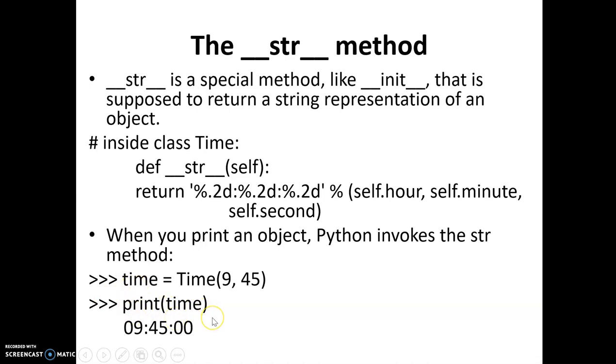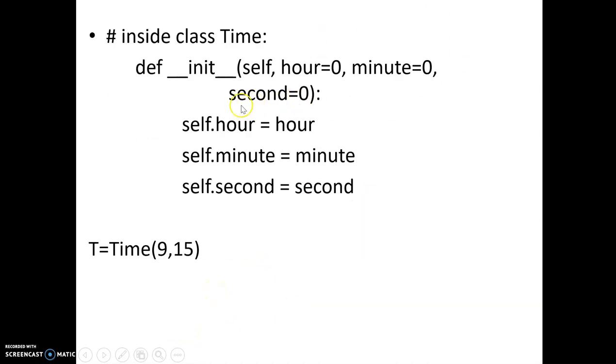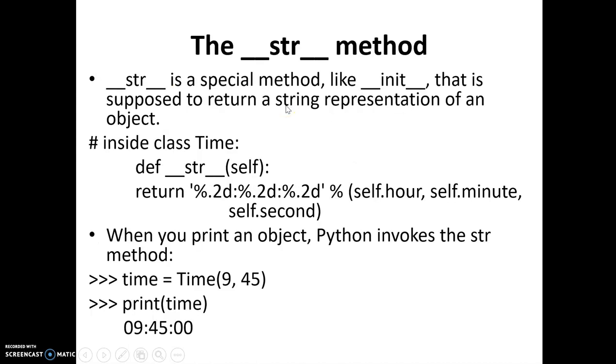So when this statement is executed, the str method inside the class Time is invoked implicitly, passing all these values. Whatever values have been used will be passed, and the way we have printed is the way it is going to be displayed. You can see here percentage dot 2d, 09 and 45, and you have not passed any value for the seconds, even though it has been set as 0. Why? Because in the init method you have used the default value 0 for the second. This is how you can use the str method in any of the classes when you want to represent objects in the form of a string.